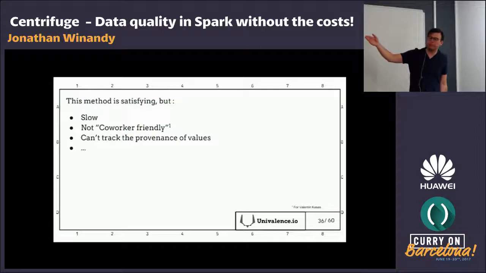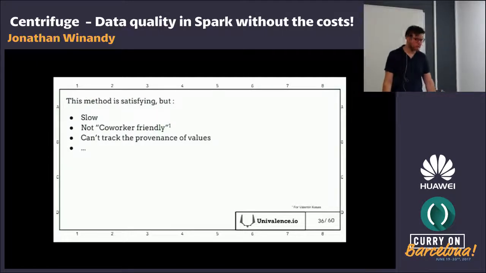And also, you cannot track the provenance of values. For example, you know that you have an impact on the output field, age, but you don't know where this value is coming from. And that can be hard to track. You need to go back to the source code to see, well, the field age is constructed with this data and so on.